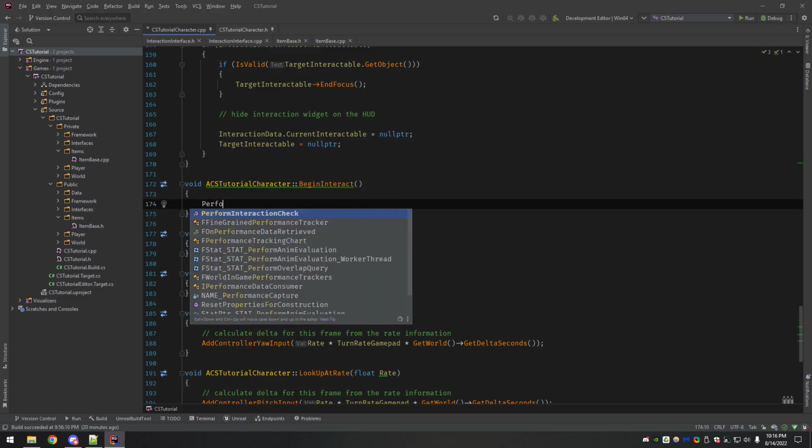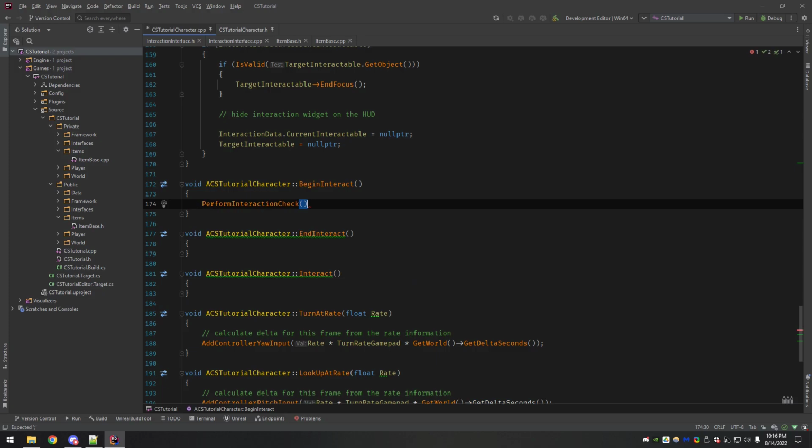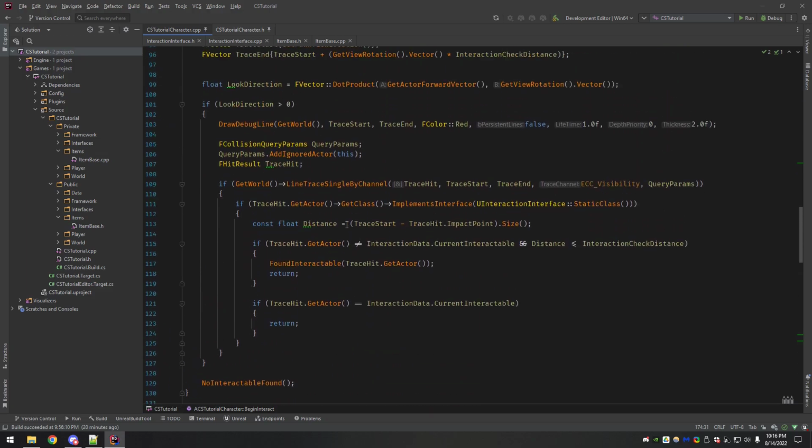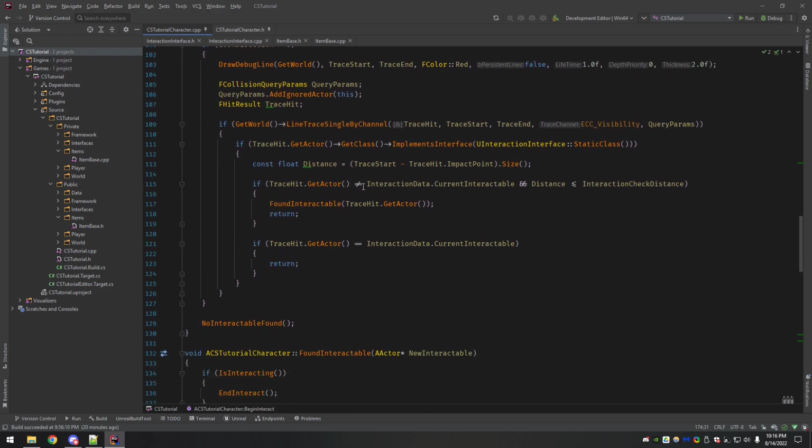we're going to perform another interaction check. And this is mainly just a fail-safe to make sure that nothing has changed. We basically want this to come back that we're looking at the same thing, because as I was just looking at, if it's the same thing, then it just returns.